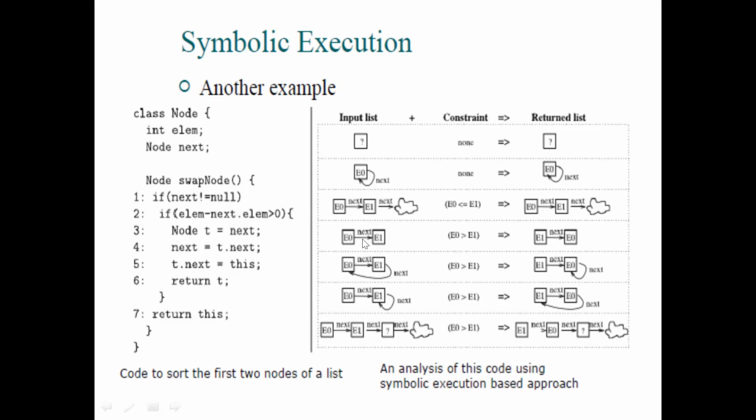Again, here we are checking whether the first node points to the next node using the pointer t.next. And the same way, if it is a doubly linked list or a circularly linked list, we will have the first node, second node, and the last node points to the first node. If E0 is greater than E1, here the first node, then the second node. In that case, the first node points to the next node, and the next node points to itself. So like that, we are checking each and every condition with respect to symbolic evaluation. The code and its various combinations are put into nodes and tested.